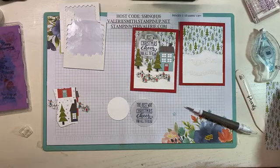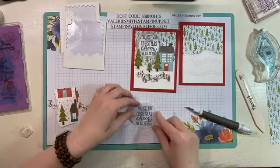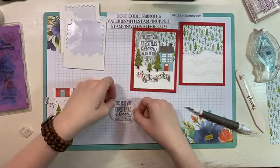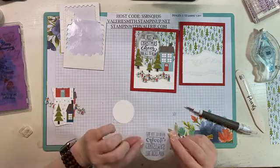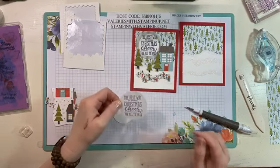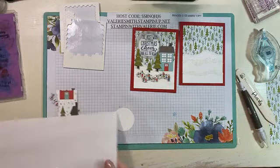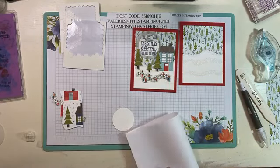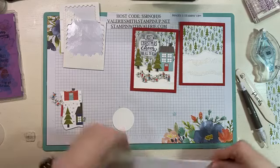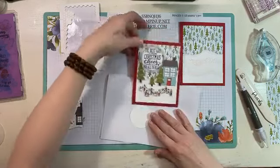So that's just a 2-inch circle. And what I want is to glue this directly onto there, but I don't want to use glue dots. I don't want to use dimensionals because I don't want the adhesive to show. So what I'm going to use, I'm going to bring that piece of paper back. I'm going to fold it in half because it's kind of glittery. I'm going to take this Whisper White circle,